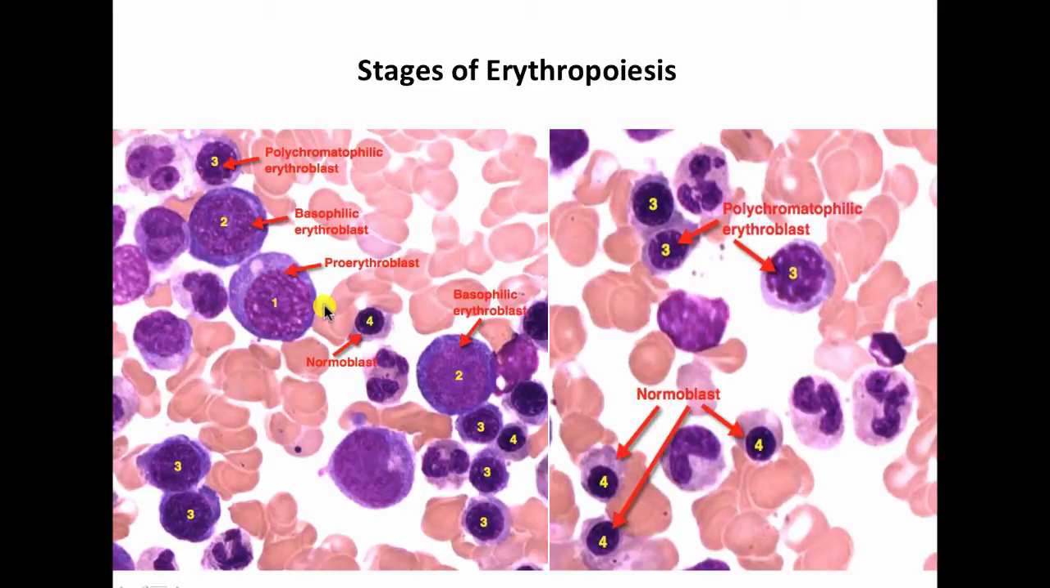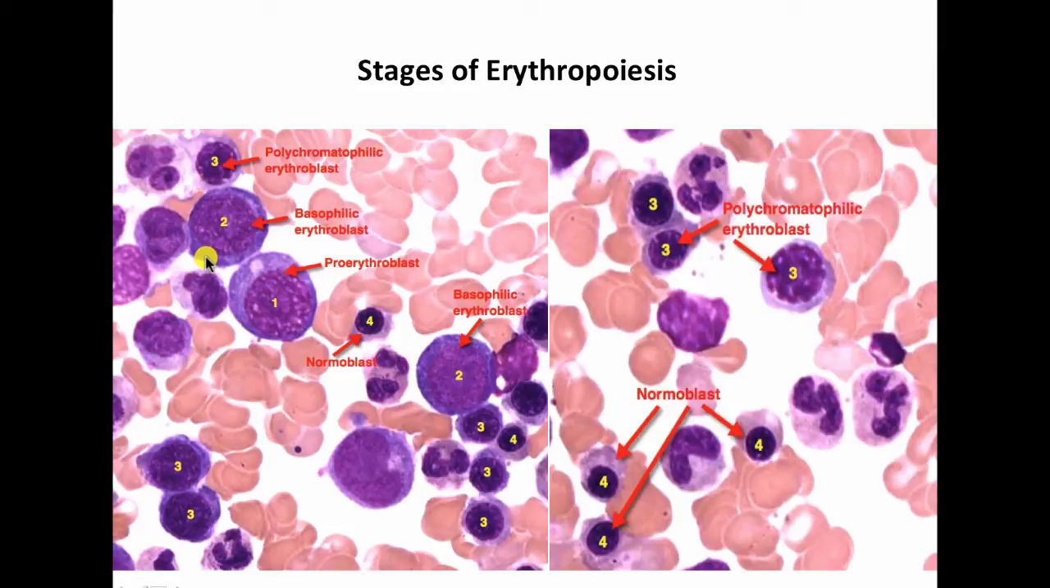The proerythroblast has a large round nucleus with lots of nucleoli, which is what gives it this speckled appearance, and a bluish cytoplasm due to the presence of large amounts of RNA. As this proerythroblast morphs into the next stage down in the lineage, the basophilic erythroblast, the nucleus stays pretty much the same, but the cytoplasm becomes bluer and bluer due to the synthesis of more RNA in preparation for synthesizing